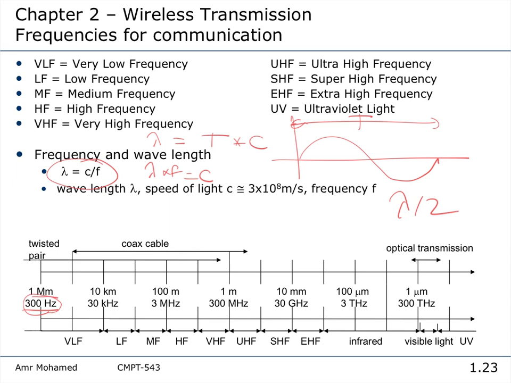Why? Because submarines can have towers of antennas. Right? But can we use it, for example, for our phone? Never. We cannot do that. It's not feasible. In our phone, we have tens of these antennas, and each one is like this. Right? So we cannot use low frequency communication. It has its own physical property, which is suitable for certain contexts of communication, but not many applications. It's not feasible. Okay?